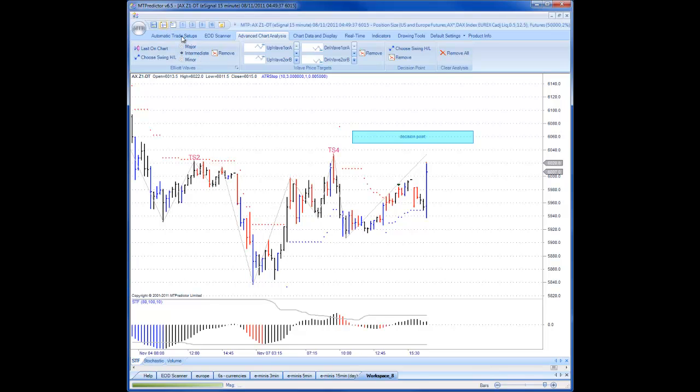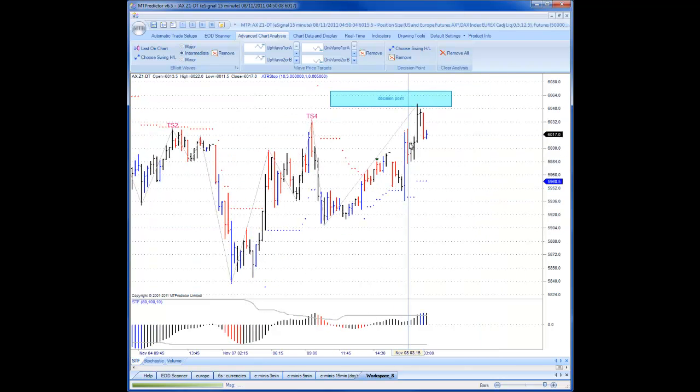up on our chart before the market gets there, and that is the important point, because all these DP and WPT tools in MTPredictor are what we call leading indicators. They're on the chart in advance. So we knew up at the 60-50 level, which is where I've got my cursor, around about that level was 15-minute resistance. So in other words, a larger degree resistance area. If I scroll forward, you can see the market did indeed go up to that level, tag it, and then